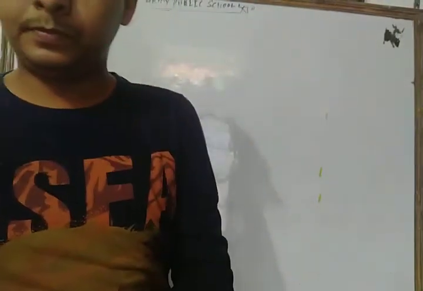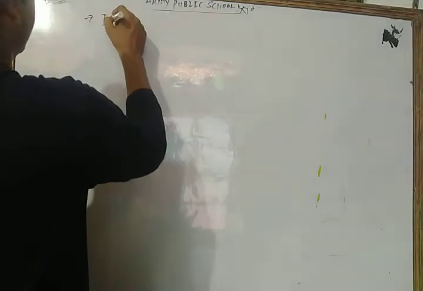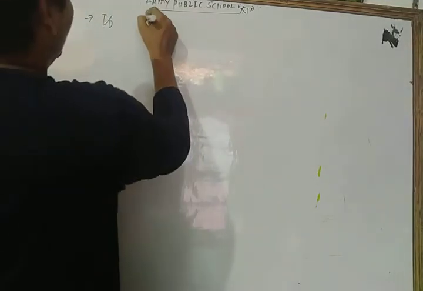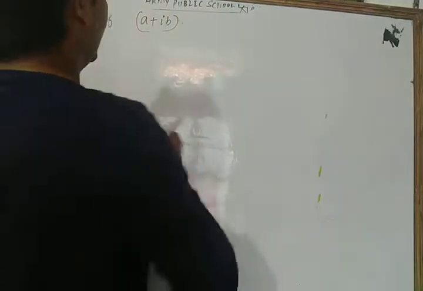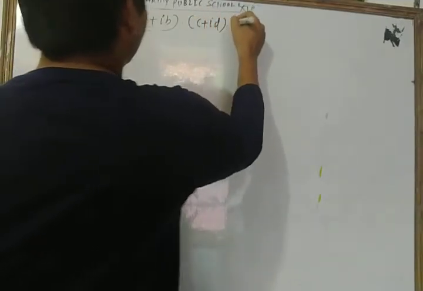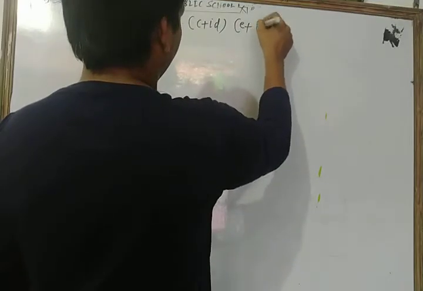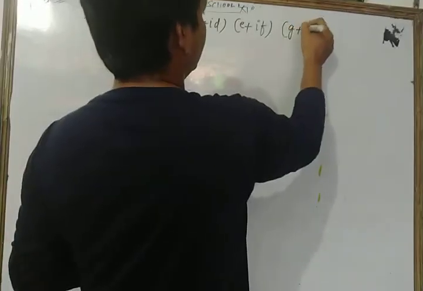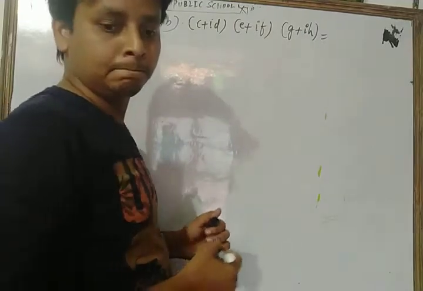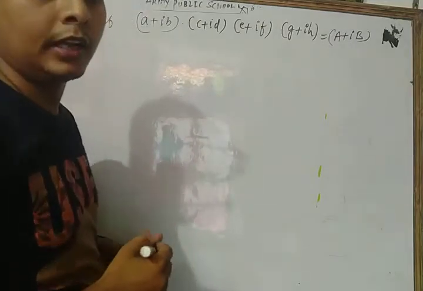Let's see the next question. If a plus ib into c plus id into e plus if and g plus ih is equal to a plus ib. This is your question. Now prove that